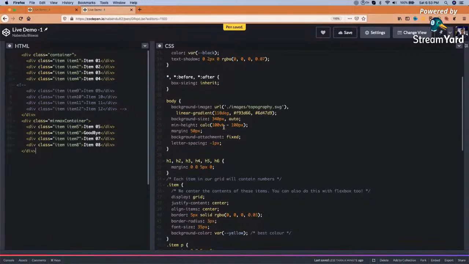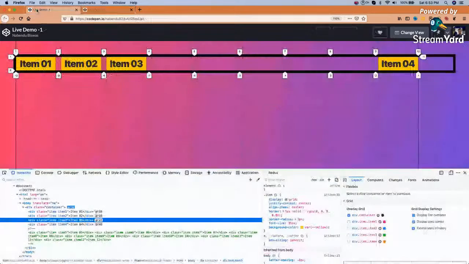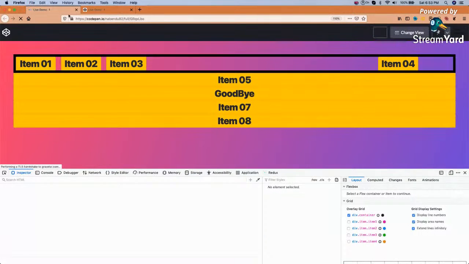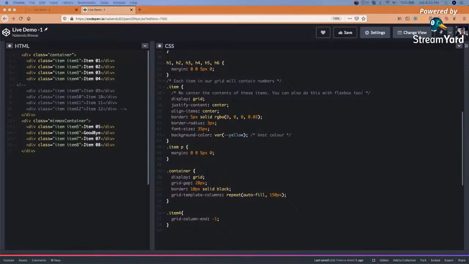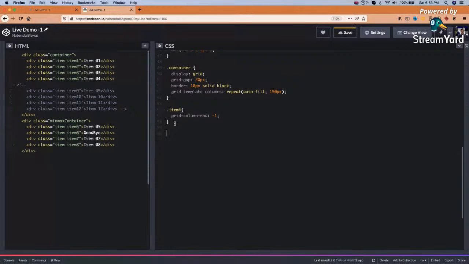Let me save it. Let me refresh. Yeah, so we are having this again, and now we will have this .minmax-container: display grid, gap is 20px, border is 10px solid medium blue,